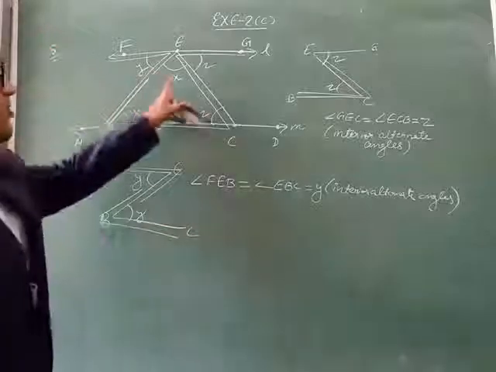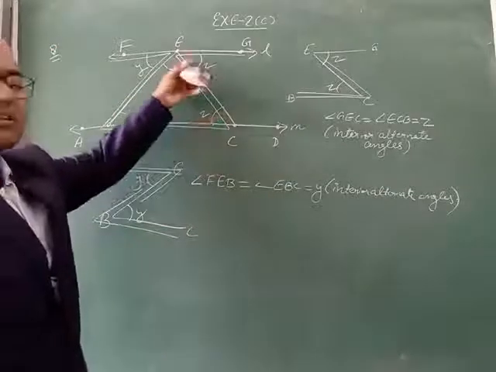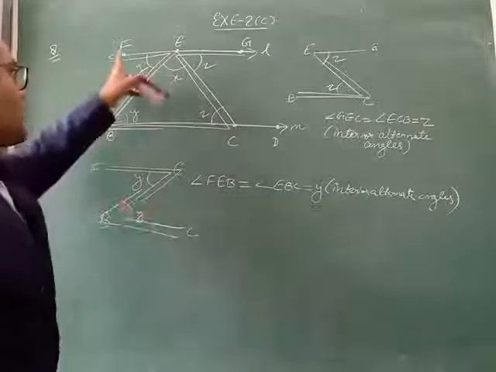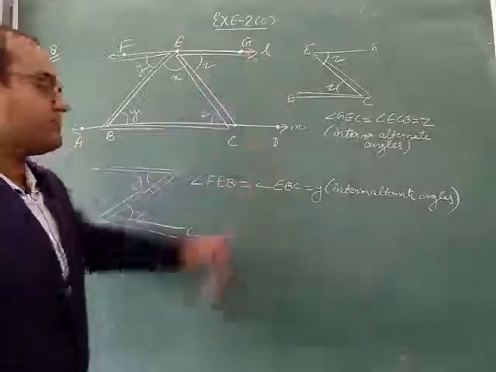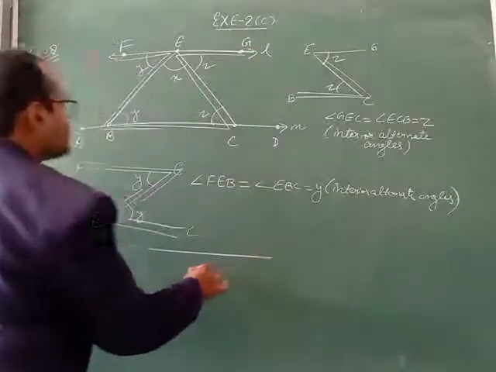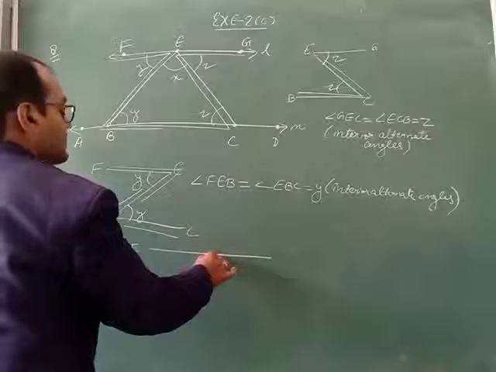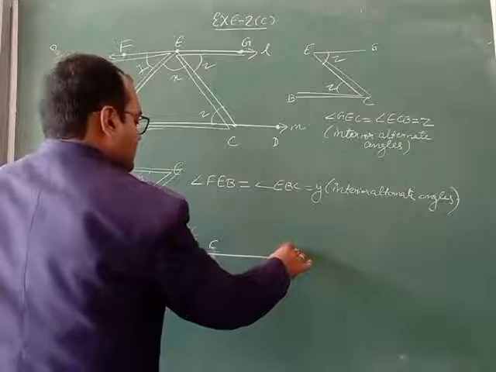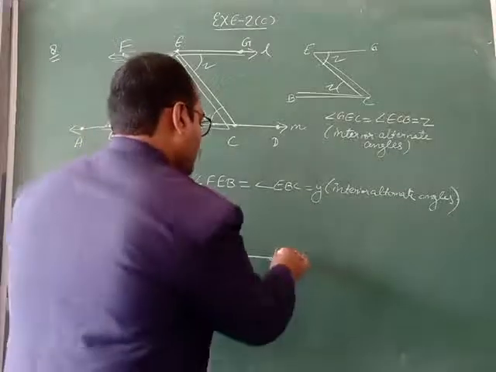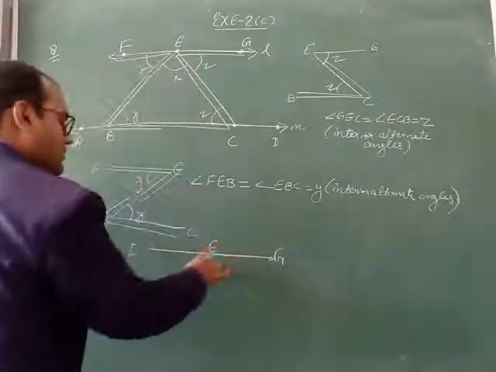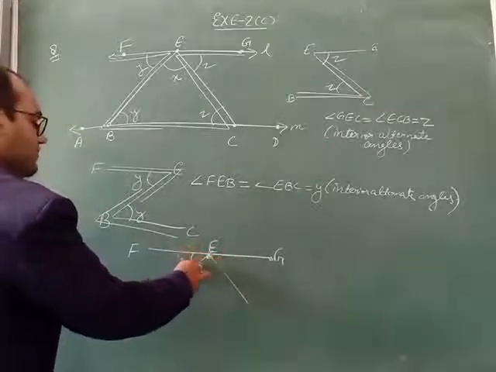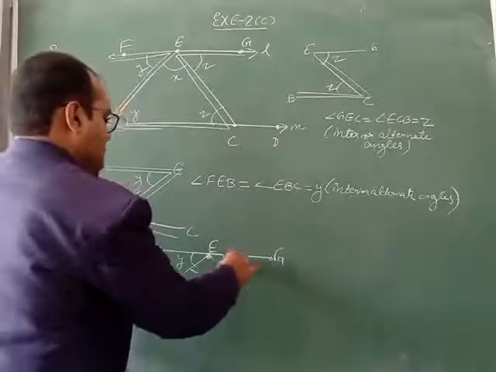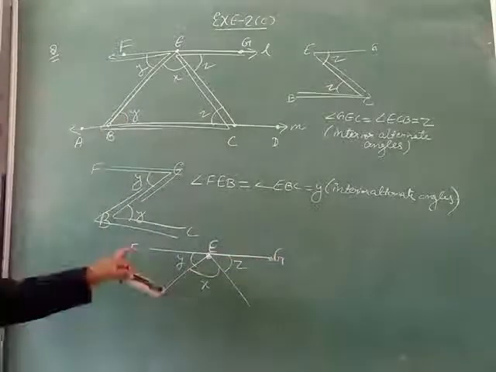Now in the main figure also, we had put this is Z, so we will say this angle will also be Z. This is Y, so this angle will also be equal to Y. Now we will take this upper figure. This is a straight line. This is one straight line F, E, G. Here we have Y, here we have Z, X, and here we have Z. This is the straight line.